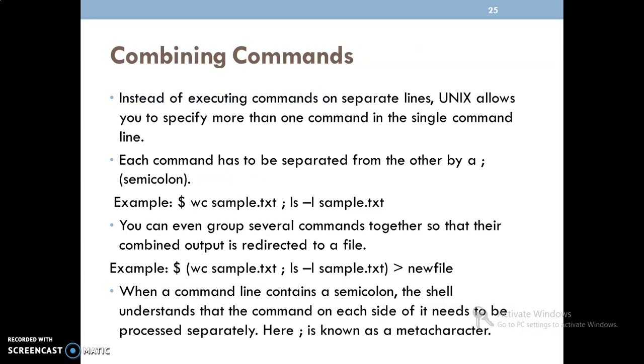Next, combining commands, which means that instead of executing commands on separate lines, in the command prompt we can execute only one command, like the ls command or date command or calendar command. Only one command we are executing. If you are interested to execute multiple commands in a single prompt, then that feature is allowed by the Unix operating system. Here is one example that I have taken: wc